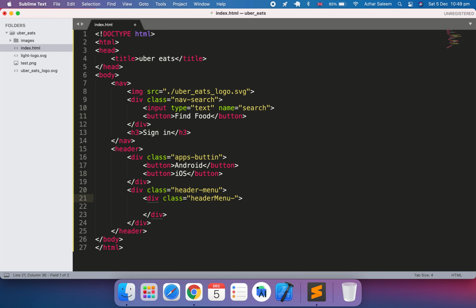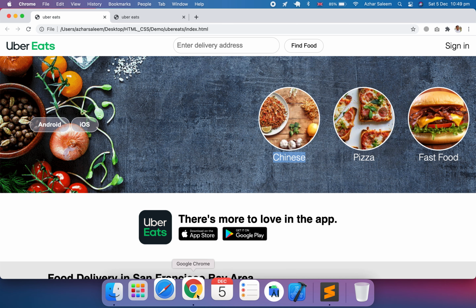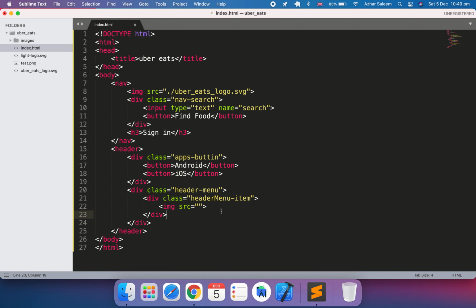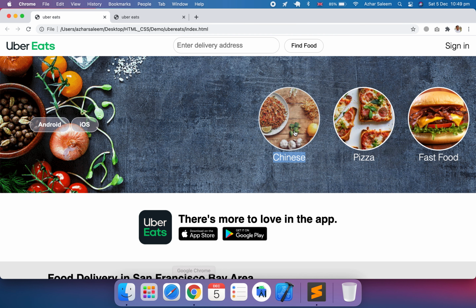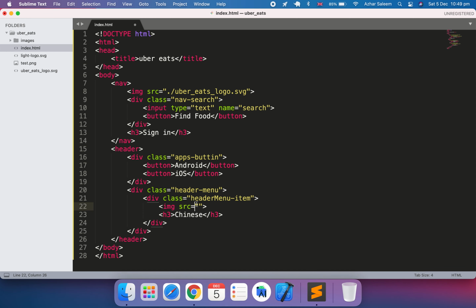Header menu, let's set a class name, header menu item. We have an image, this one, and next we have a title. The name is, let's say, Chinese. The image with this one I have in this